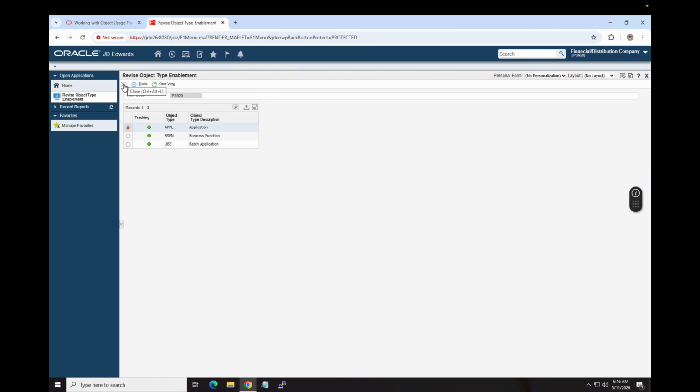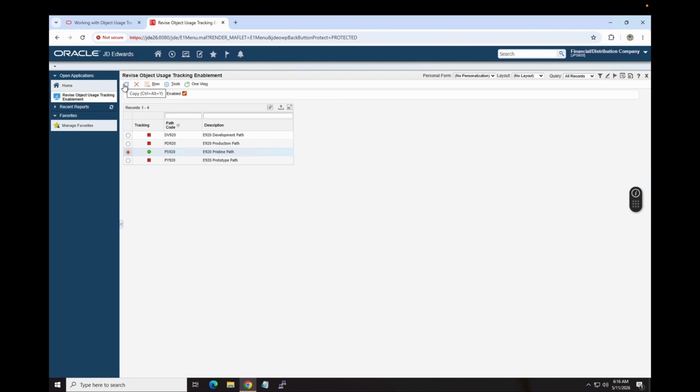If you want to exclude a few applications, for example, if all of your users want to check the progress of their batch jobs, they're constantly going to open WSJ. This again keeps on writing records in the respective table, so if you don't want such applications to be tracked, because that is not useful data, and all of your users are going to open an application every day, it is better to add it to the exclusion list. To add such applications to the exclusion list, or you can even add UBEs or business functions,